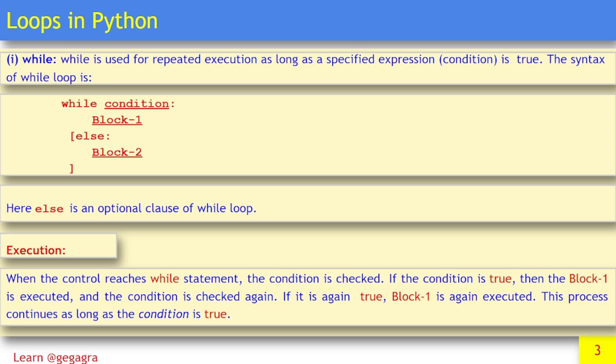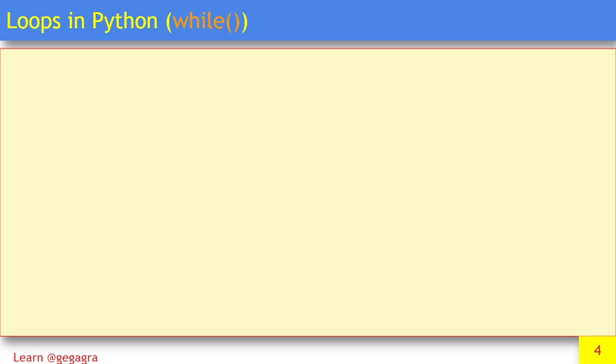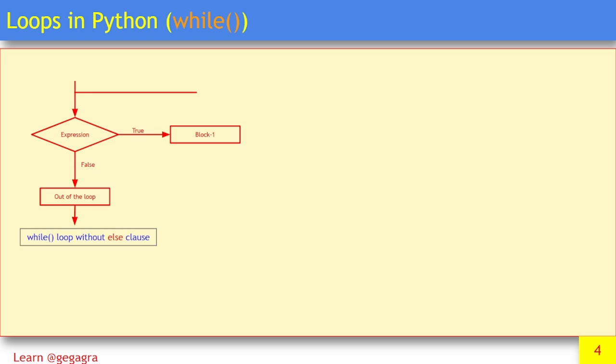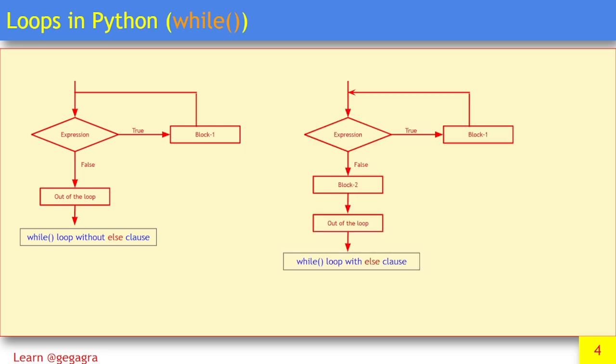So there is a flowchart where we can check the working of while. Suppose as soon as the control enters the while loop, the first step is to check the condition, that is the expression which is in the diamond box, and if this expression or the condition is true, it comes to this direction